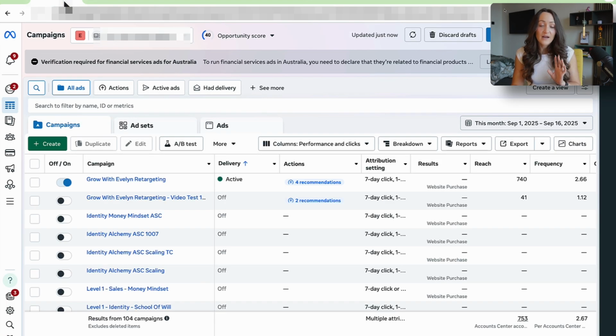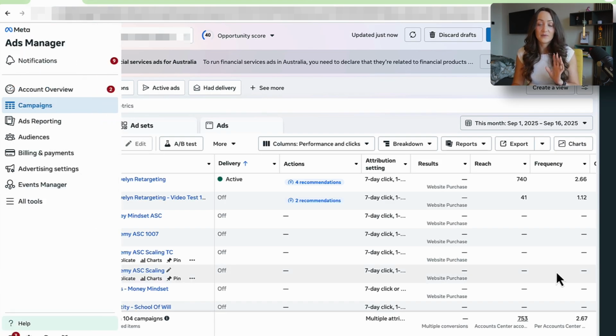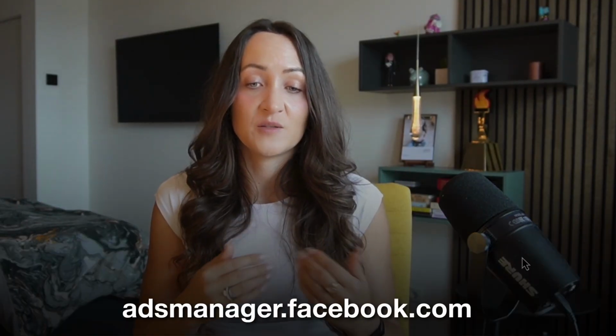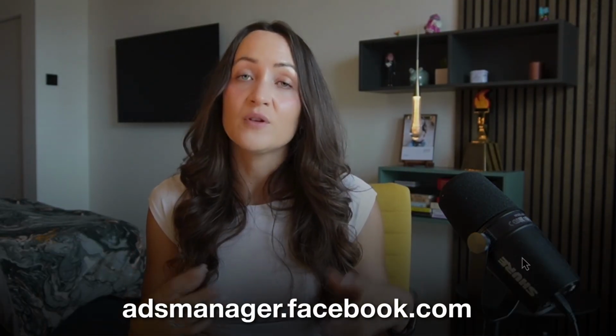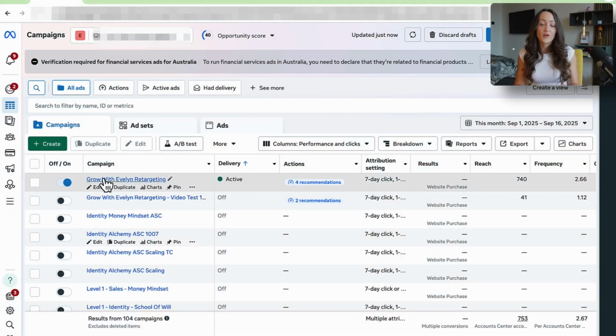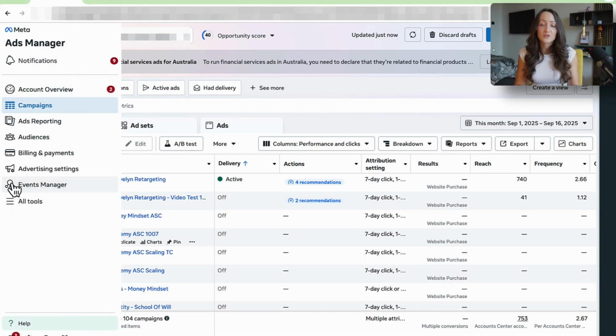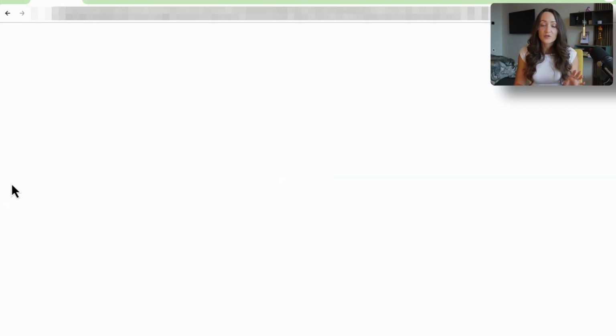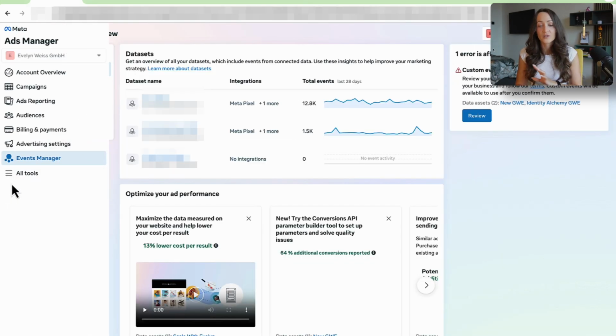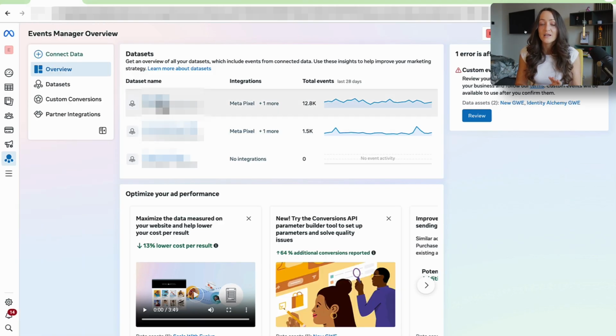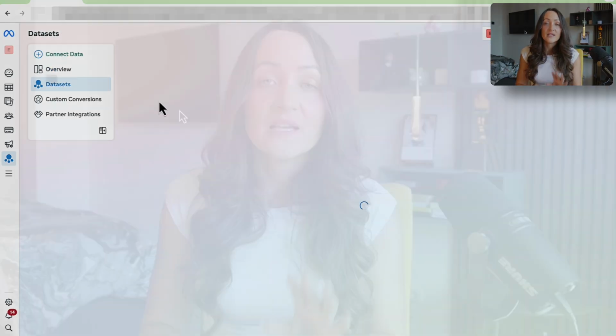Next, once you have that, you want to check in Events Manager. So this is your Ads Manager, right? So you go to adsmanager.facebook.com, and if you don't have one, you want to set one up. And if you have one, you want to navigate to it right now. And then from here, come to Events Manager. If your setup is correct, which it's very hard to mess up, and if you do, the Skool support team will gladly help you. Then when you come here, you should see your pixel that you have set up,